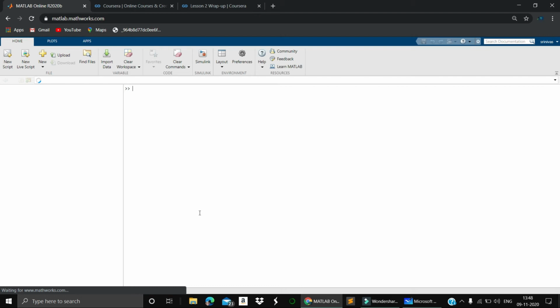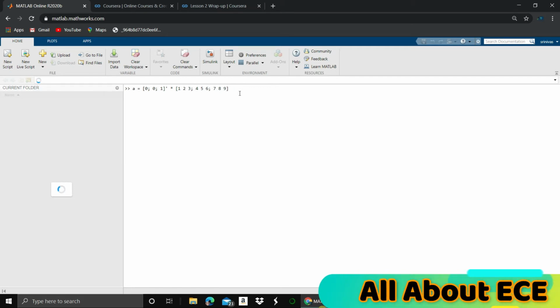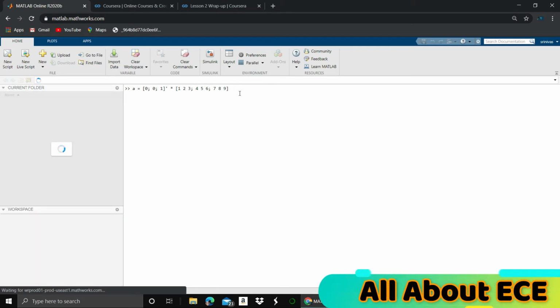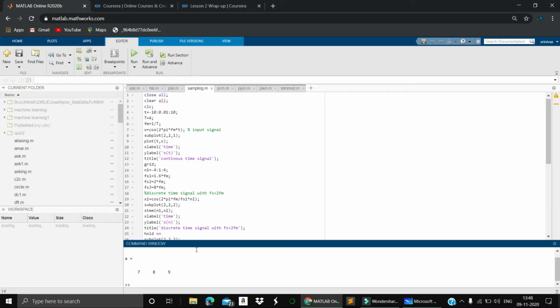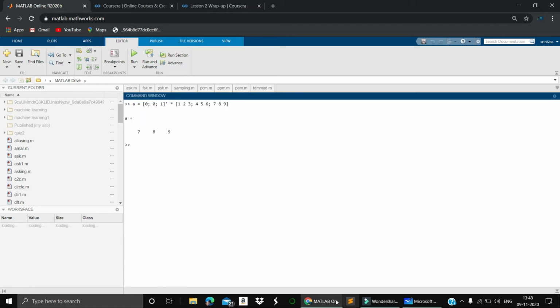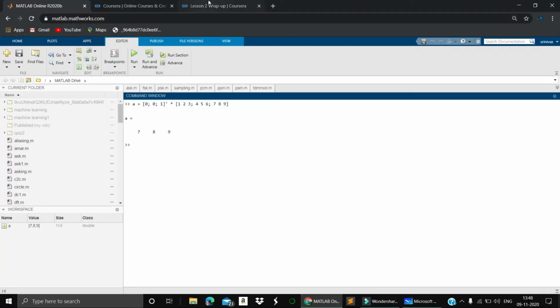I pasted the code. When I hit enter, it takes time because it is processing. You can clearly notice that 7 8 9 is a row matrix. So the answer for this one is row matrix.